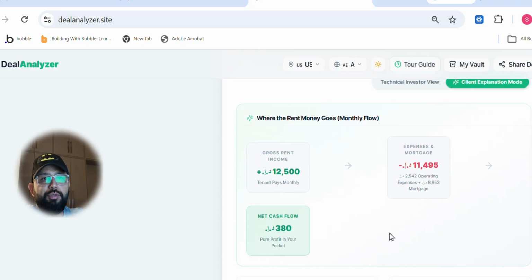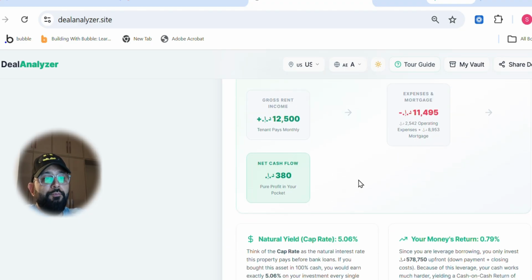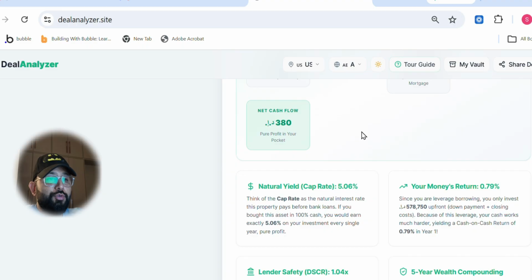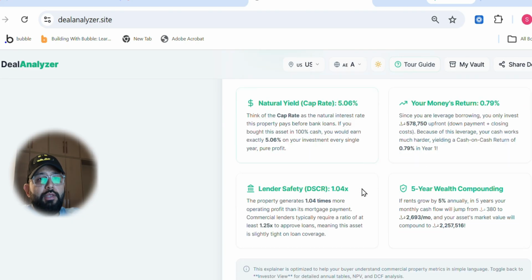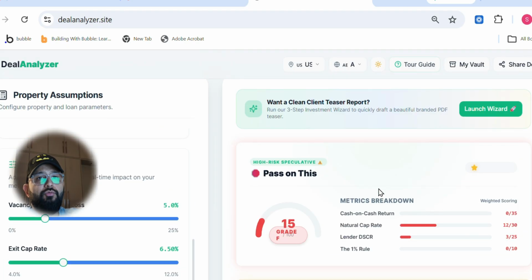Exit multiple, total returns. Client explanation mode. So if you're not very technical, as I said, this will give you an example. What it tells you is that your gross rent, the income you're going to be getting from letting this property to a client or a tenant, is going to be 12,500 dirhams, and your expenses and your mortgage payment is going to be 11,000 dirhams. So you still have a very positive cash flow, but the margin is less, and it will give you all the examples